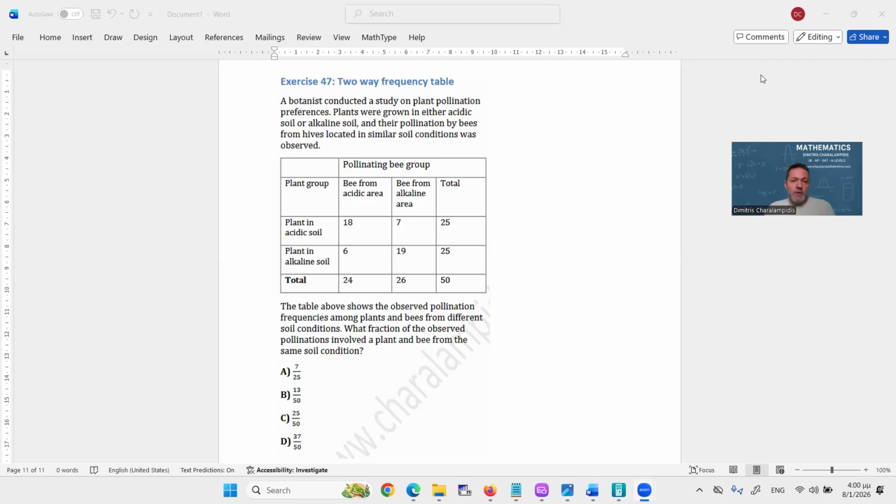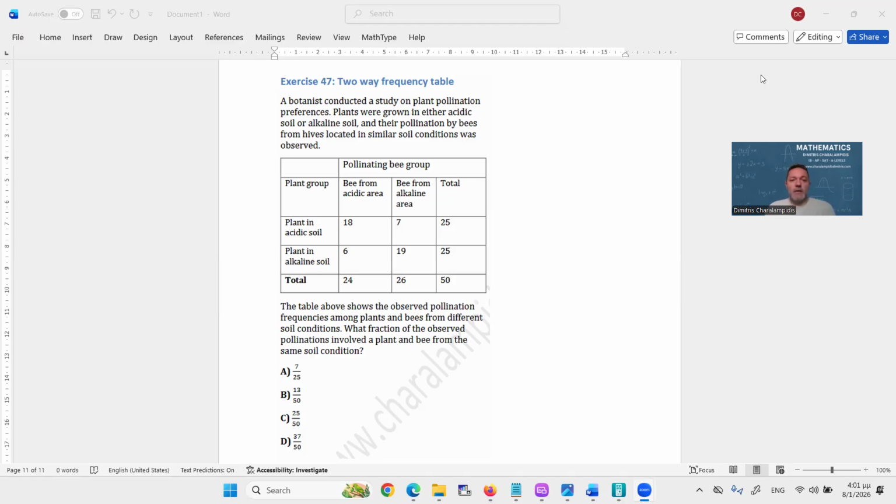So we have a two-way frequency table. Horizontally, we can see the plant group, B from acidic area, B from alkaline area. Then we have plant in acidic soil, plant in alkaline soil. The first and most important, if you ask me, aspect of these exercises is for you to understand what exactly you are looking at. We had a total of 50